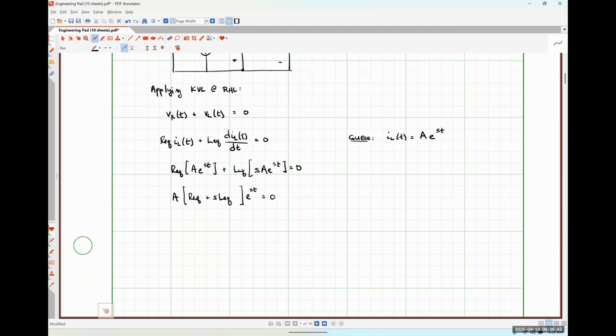That doesn't really correspond to what we have observed, right? Because we knew that our inductor had some amount of current flowing through it. Therefore, it had some energy stored. So A is equal to 0 isn't really the solution that we're looking for to describe what's going on in this particular case. Now, e to the st